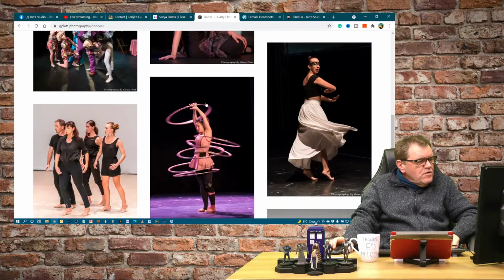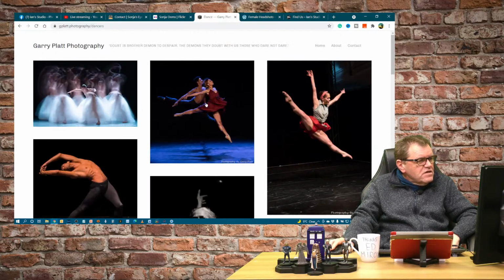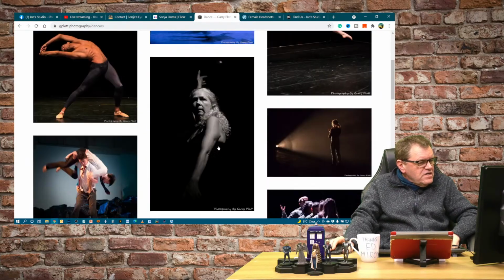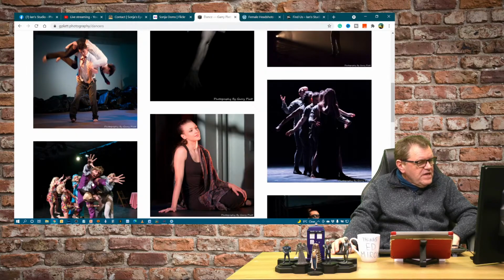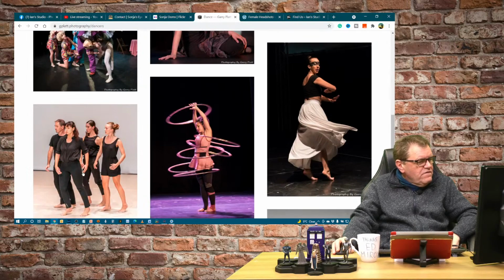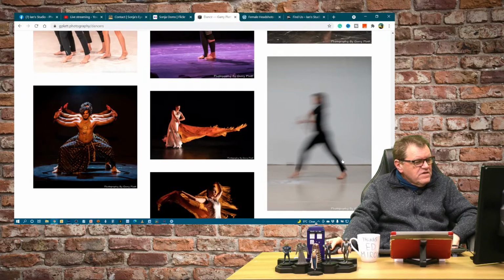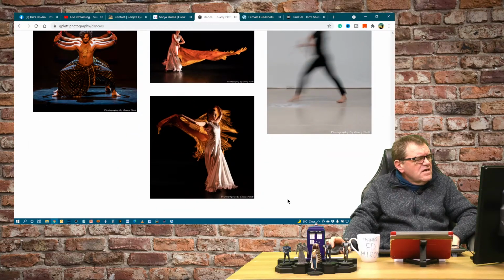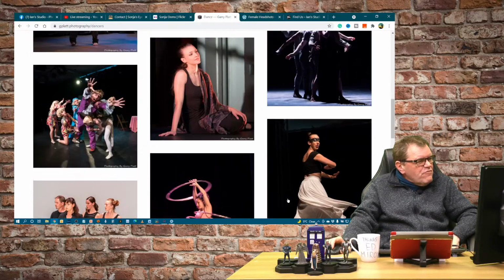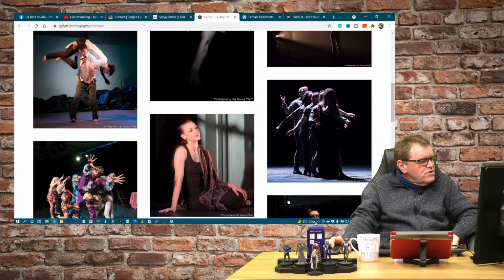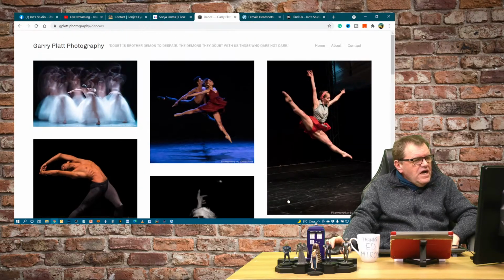Right, in terms of number of images on the page, it's about right. I think you could possibly look at taking it down by a couple.